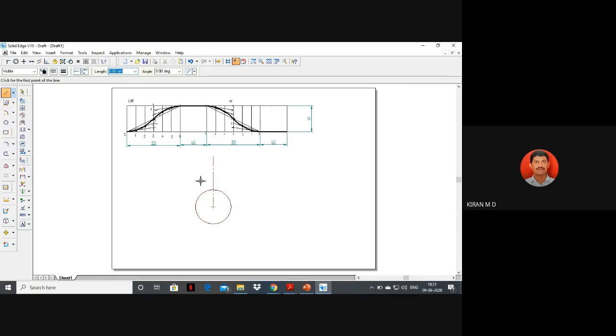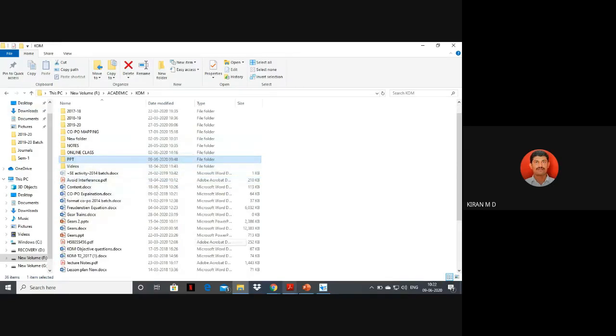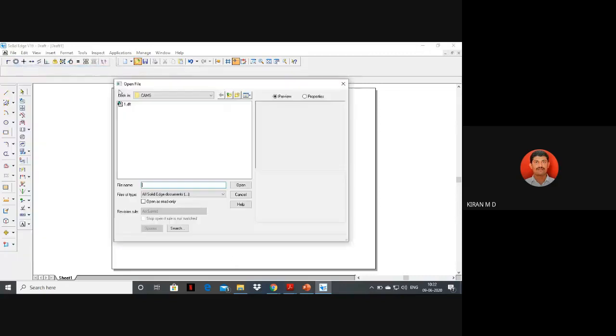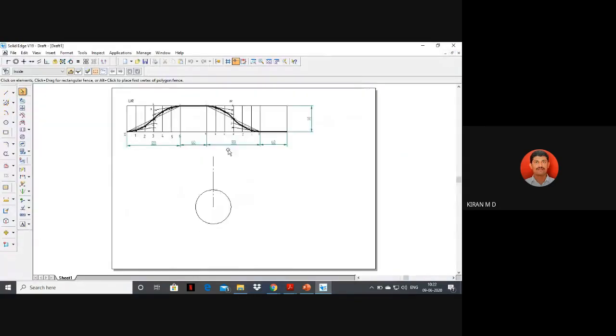Thing is, this is the case of the previous problem. So once again I will check where the previous problem is. Okay, see here in this problem, initially we have drawn this profile, right? We have drawn this knife edge follower, but in this case, this is the roller follower. So we have to place the roller here. How are we going to place the roller?